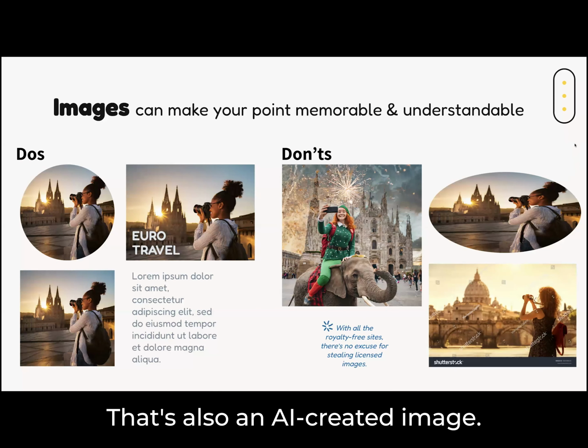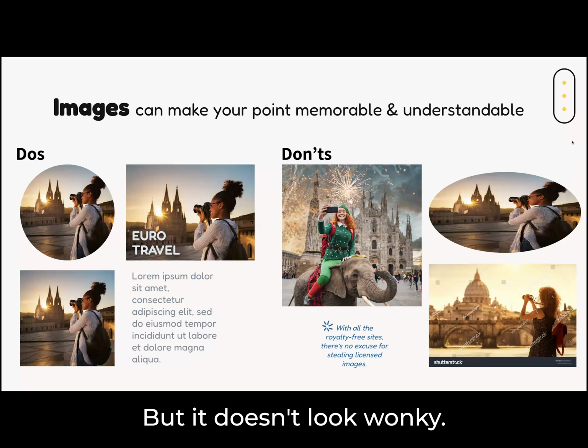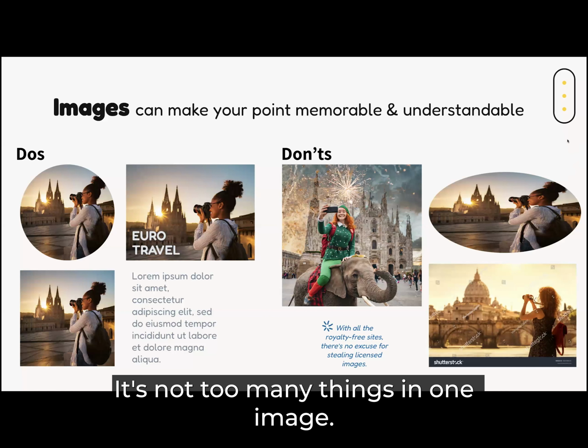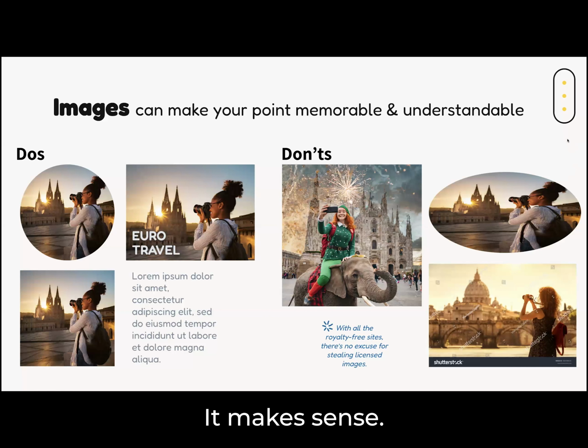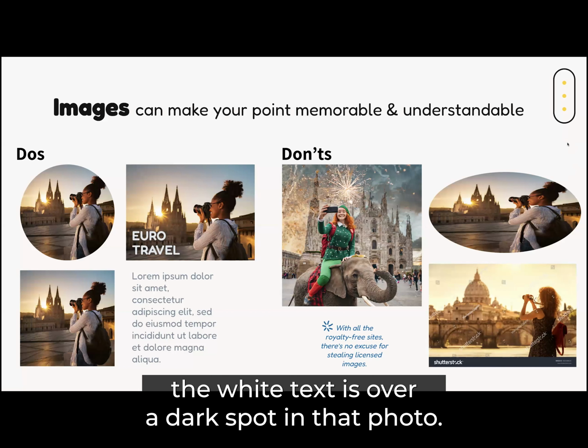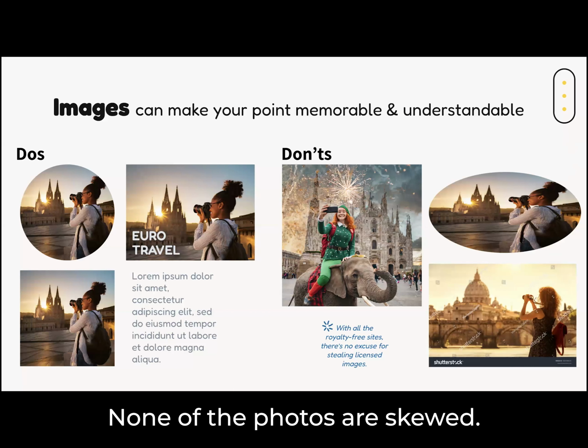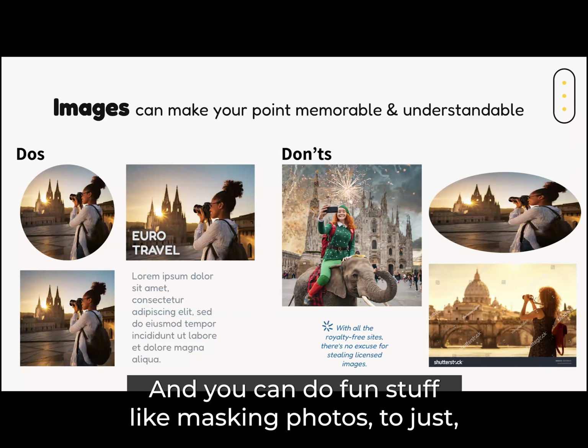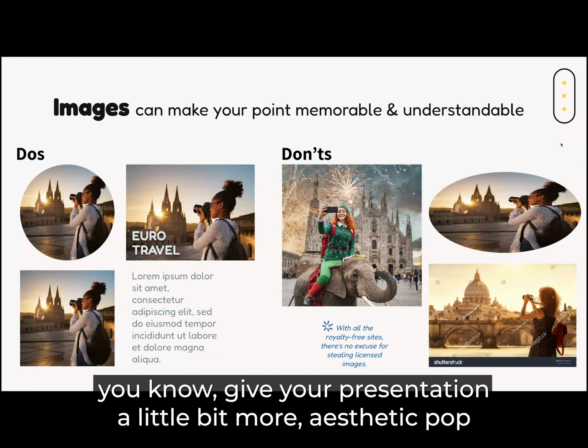That's also an AI created image, but it doesn't look wonky. It's not too many things in one image. It makes sense. And then when you put some text over it, the white text is over a dark spot in the photo. None of the photos are skewed. And you can do fun stuff like masking photos to just give your presentation a little bit more